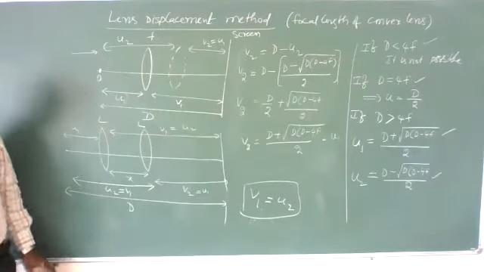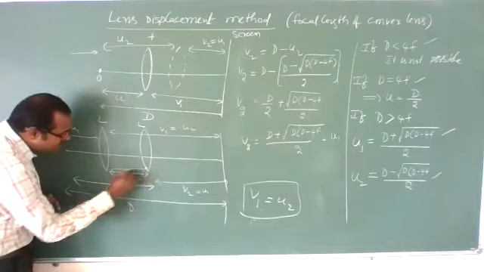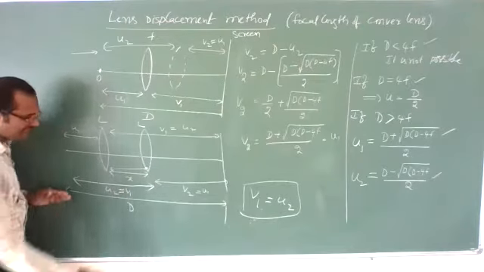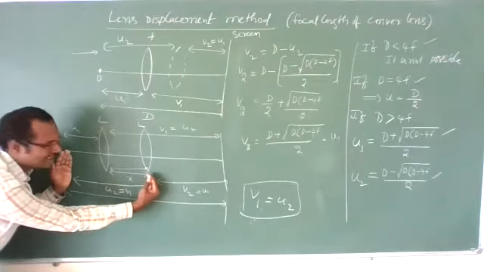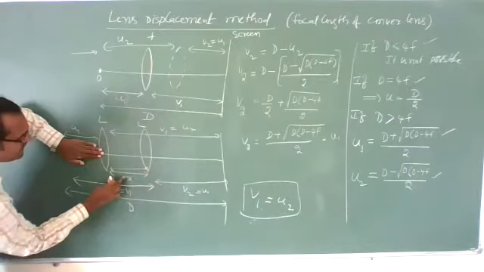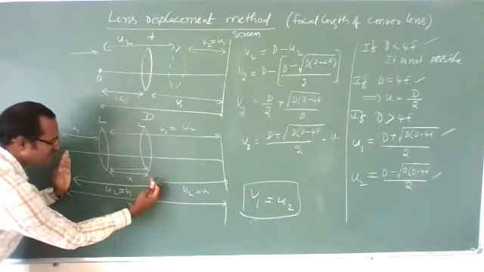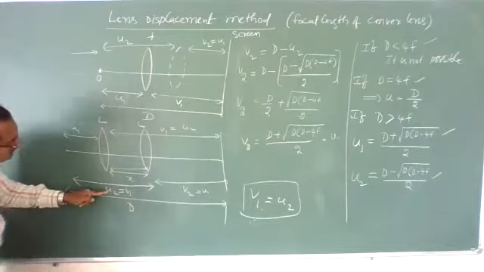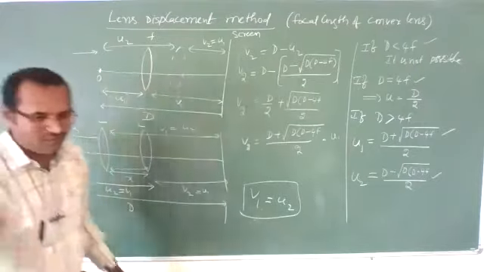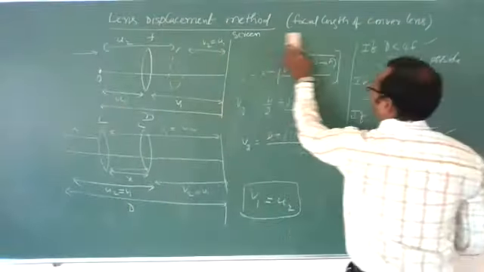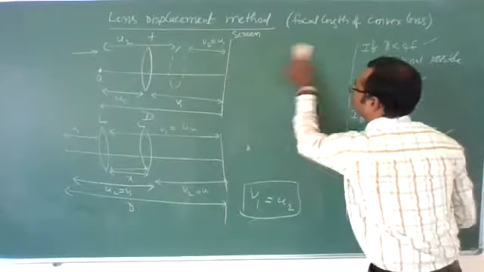Clear? Getting? That means how much I have displaced this length. Can you get it? Yes. From the total distance, if you subtract this distance, you will get this. What is this total distance? u2. This distance is u1. So these are not required for me, so I am rubbing them.